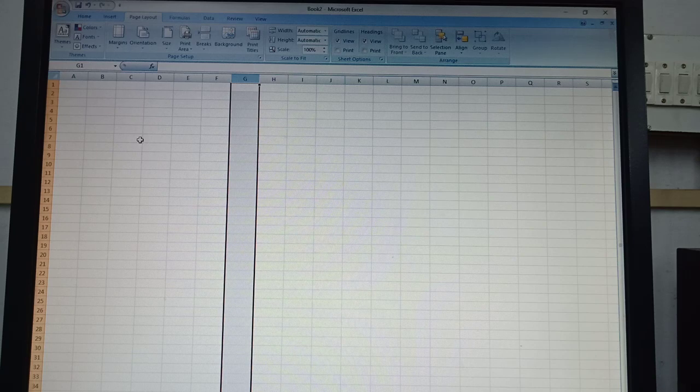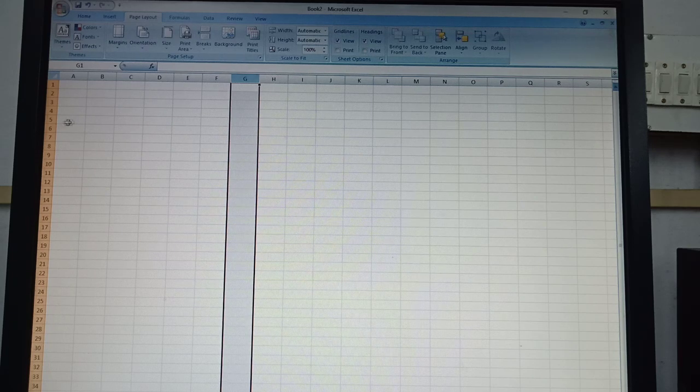And when it is divided, it is very easy to fill different numeric values as well as text values in different separate boxes. That's why we use MS Excel to make tabular structures, like our timetable, our household expenditure, our report card. A salary slip we can make. These are examples of MS Excel.